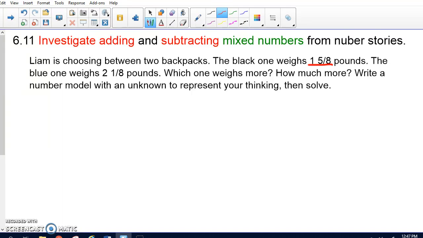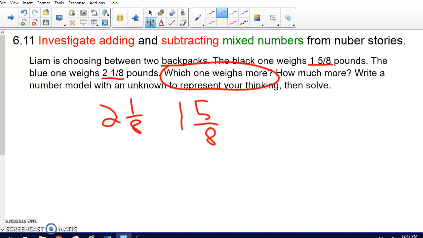1 5/8 and 2 1/8, and then it says which one weighs more. So then I have to first compare those 2 1/8 and 1 5/8. So then I know that 2 1/8 is more. Then I did that. And then because it says how much more, then I have to do 2 1/8 minus